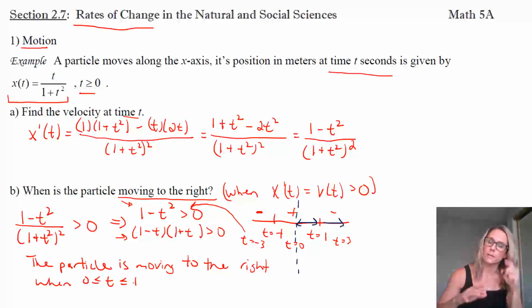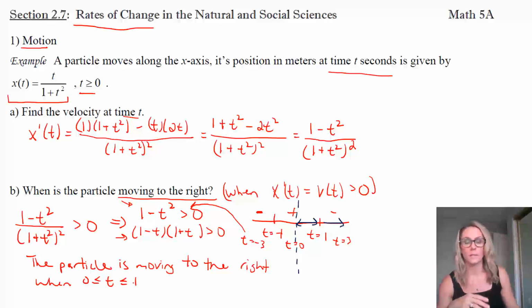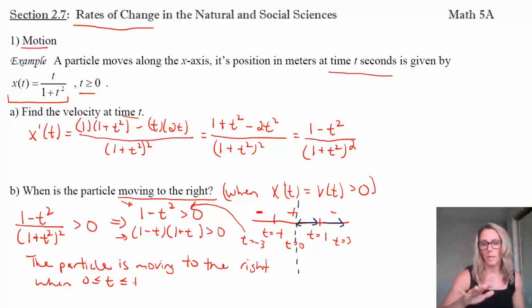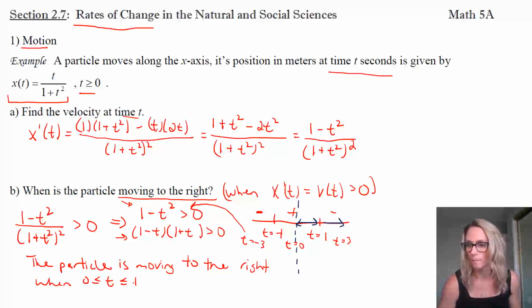And then realize that what this is telling us is that after t being 1, you have that negative. And when you have that negative, that means that the derivative is negative, the velocity is negative, and in that case, the function would be moving to the left. So we don't want to think about that. But in no point in time should our t be negative. So there we go. That's it.